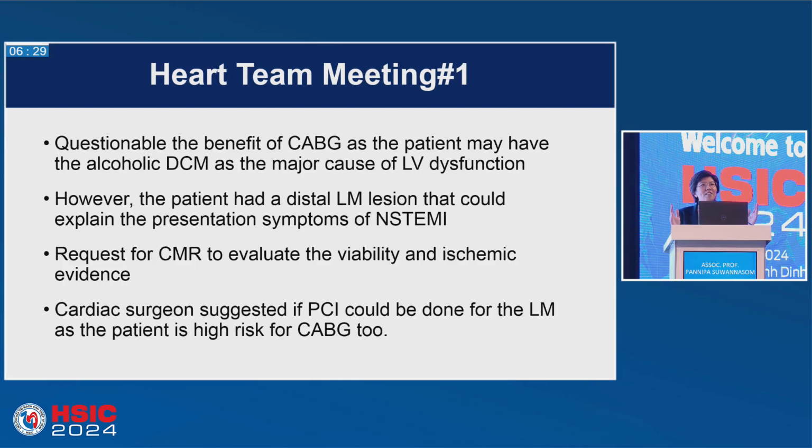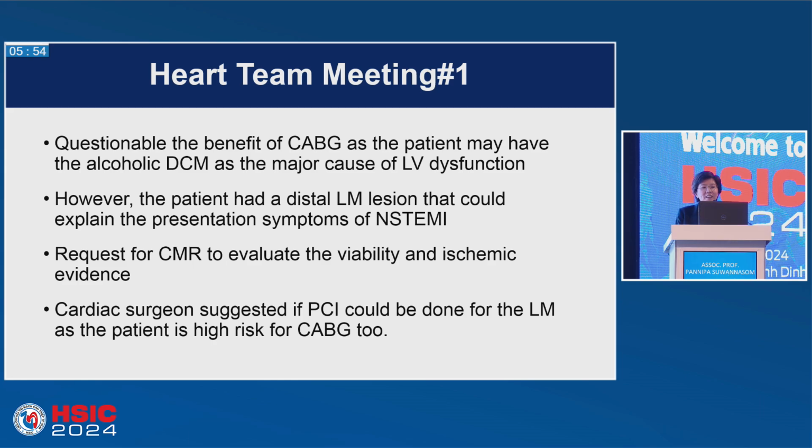Of course, because the patient has poor LV function, we have to send the patient for the heart team meeting according to the national policy. If we are going to do revascularization of a patient like that, we must have the document of the heart team meeting. So the surgeon said, are you sure that the patient has an EF of 15, because of the left main? Is that possible? The patient's main problem is alcohol. I said, yeah, I also think so because the patient is a heavy alcohol drinker, but do you dare to let the lesion with 80% of the left main stay there?